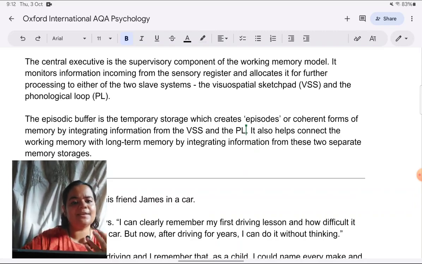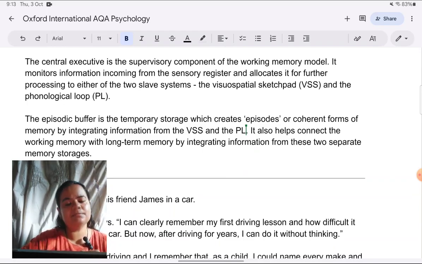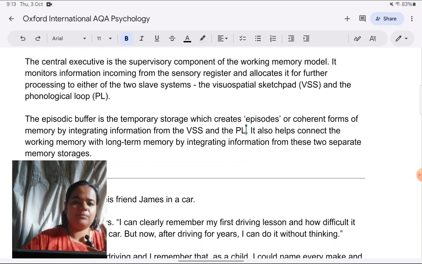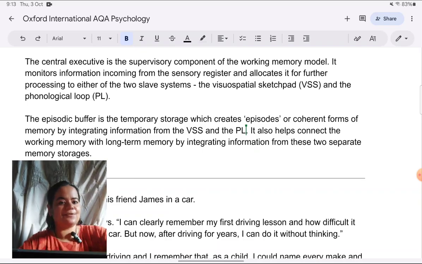And collection is a very loose term. It does not indicate coherence. Or they would say that episodic buffer has information for some time. It's better to call it a temporary storage, instead of saying for some time, that does not indicate is it a storage system or is it just a thought process, like a cognitive process. So try to use good terms as you learn them in the textbook.